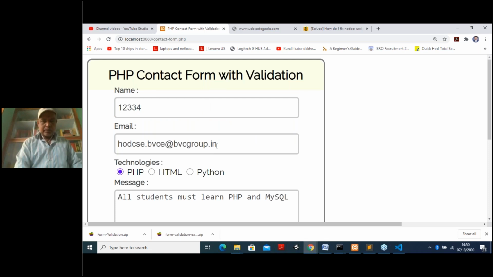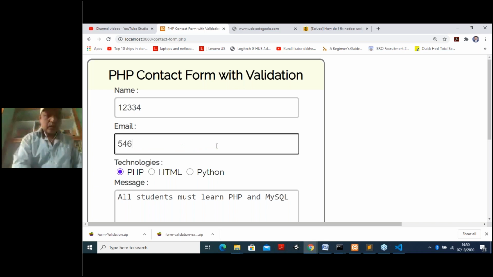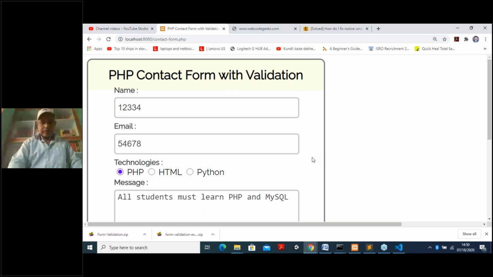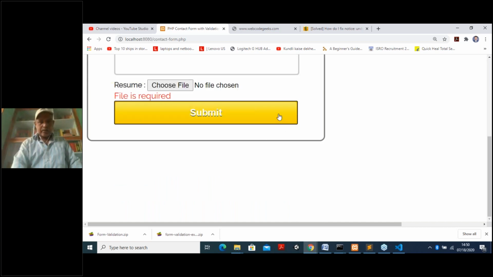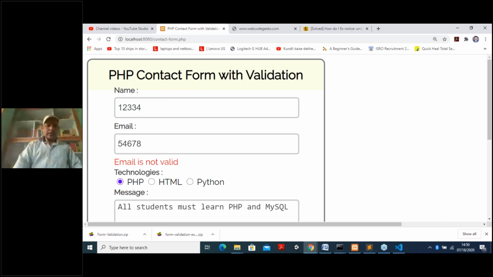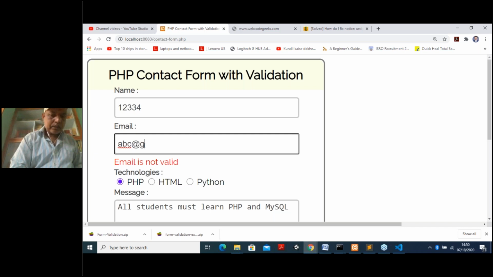So here, suppose I am writing similarly 5 4 6 7 8. See, only minimum things are done. I am also putting it here. But it is showing email ID is not valid. If you remember, I have given you some filter command there, so it must be in a proper format. I am writing abc_shift@gmail.com.